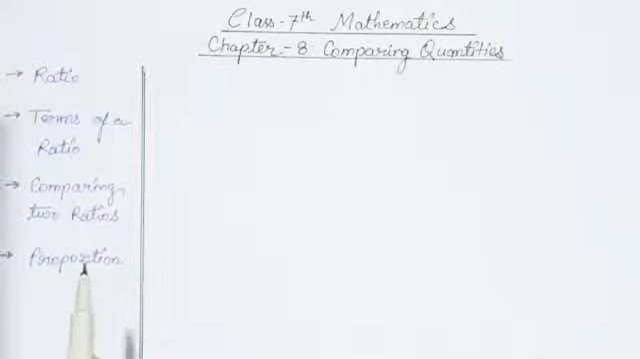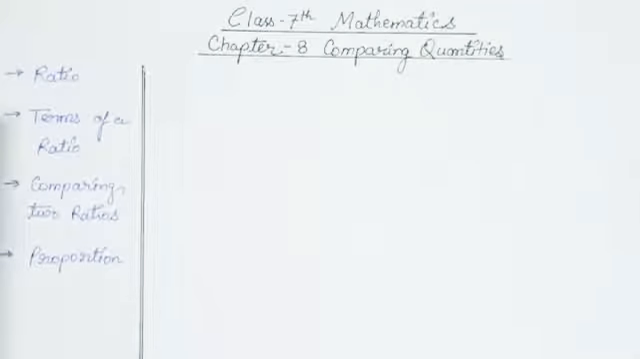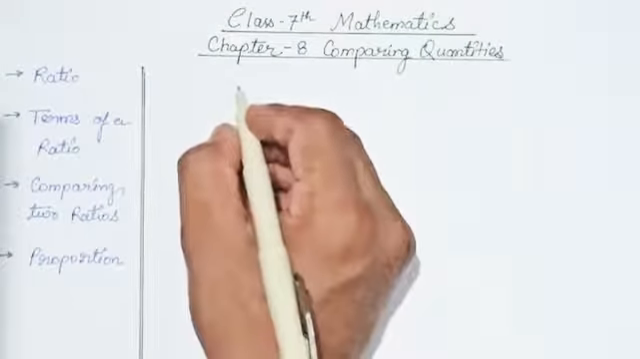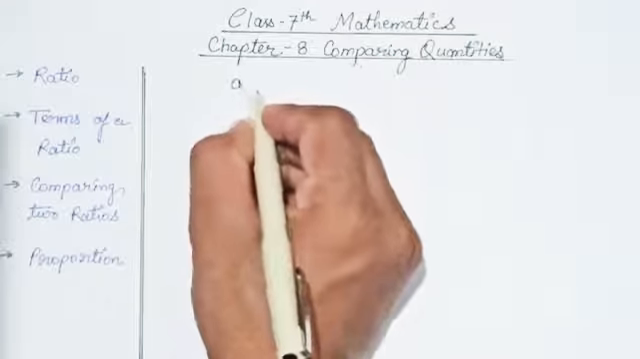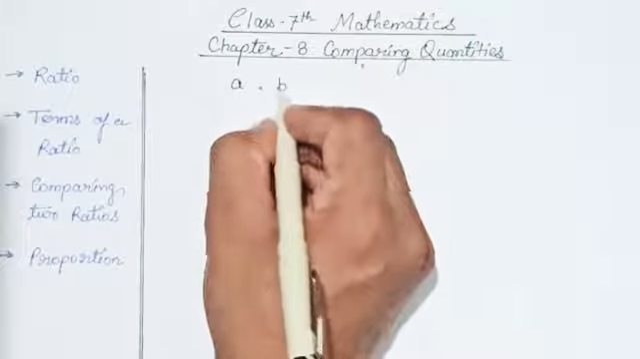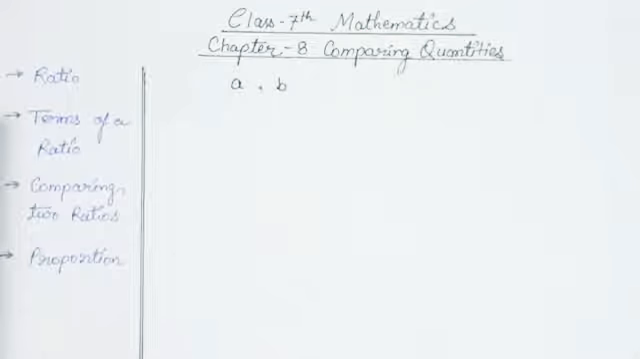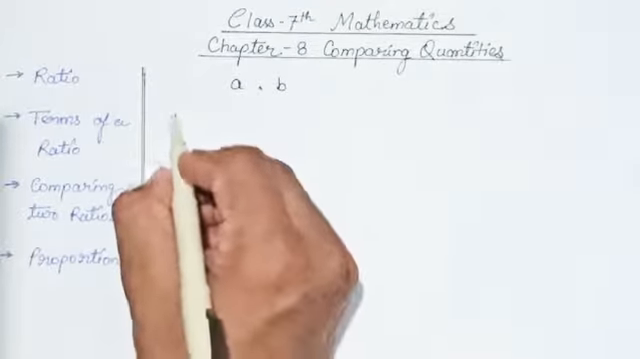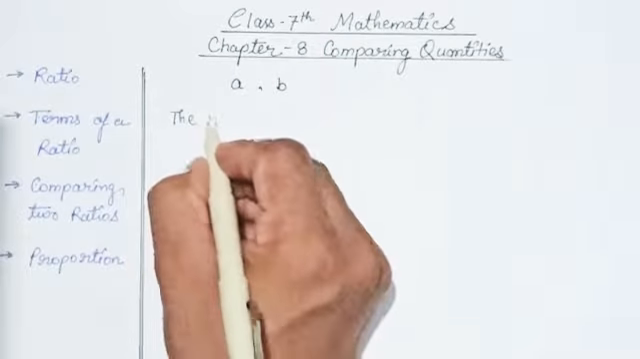So first, let us understand what is a ratio. Students, if we have two quantities of the same kind and having the same units, then the ratio of these two quantities is defined as the fraction of one quantity to the other. Let us suppose we have two quantities A and B, which are of the same kind and having the same units. Then the ratio A is to B is defined as